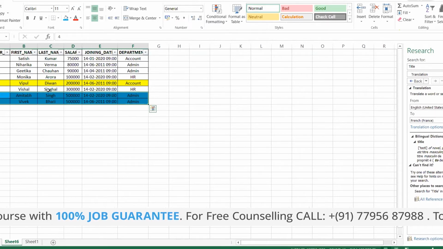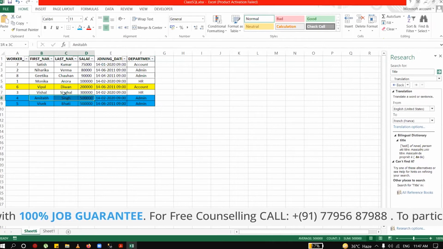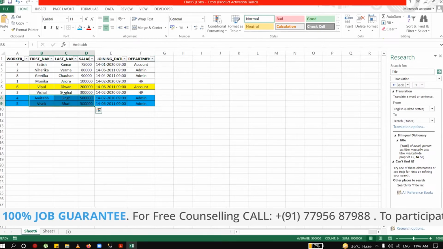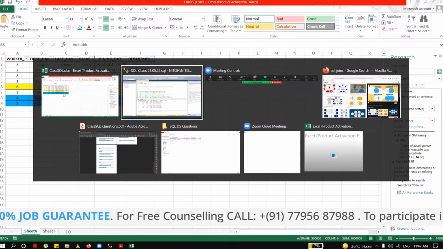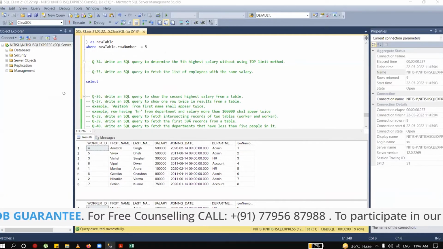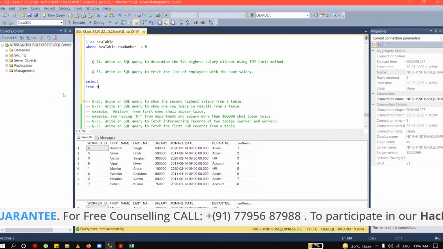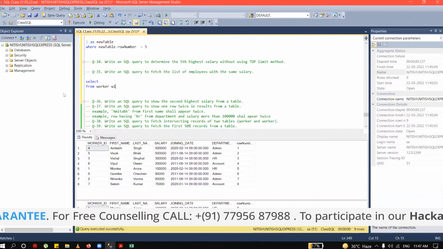So for this question, I want first name, last name, and salary, all these three pieces of information. So I can write here, select from worker W1,